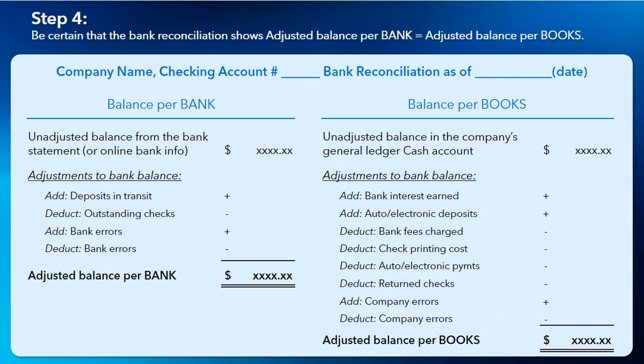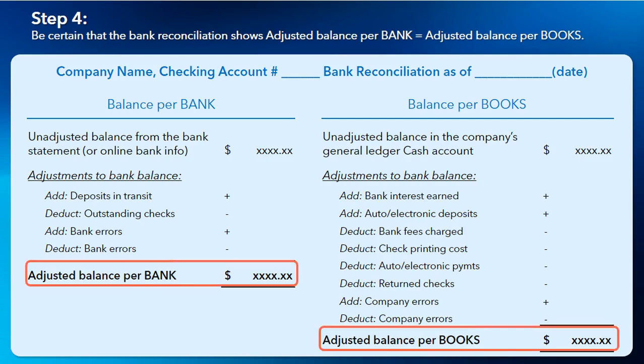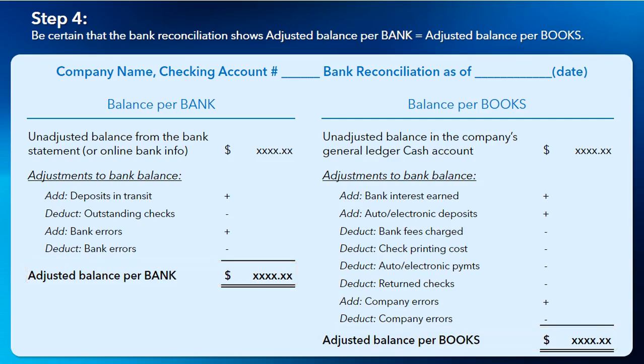We're almost done. Step 4. Recording the adjusted balances, making sure the bank adjusted balance matches the book adjusted balance. Once they are confirmed, you're done. If there were any adjustments made on the book's balance, though, they need to be reflected in the company's journal as an adjusting journal entry. For example, if a $25 bank charge was on the bank statement but not recorded in the company general ledger,